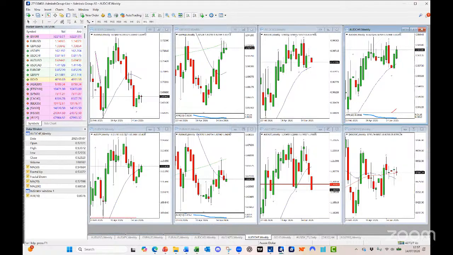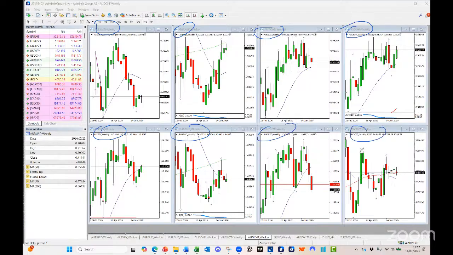Let's take a look at Aussie dollar. The reason is because, as I said, Aussie's held up a little bit on the weekly chart. The weekly has been holding it up, but I've been talking about this for months that actually, Aussie has been weakening. So I've got Aussie on the weekly, pound Aussie, Aussie CAD, Aussie Swiss franc, Aussie yen, Euro Aussie, Aussie Kiwi, and the ASX. The ASX is just not terribly exciting or interesting there at the moment for me. But if we look at that, there's basically Aussie weakening against the US dollar there. Even sterling strengthening against the Aussie.